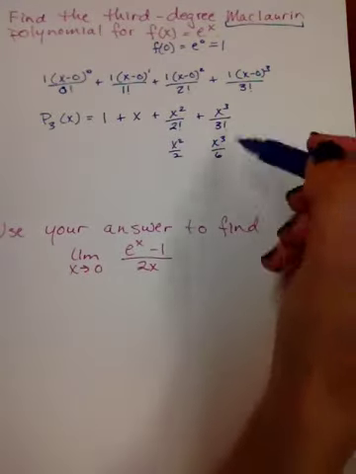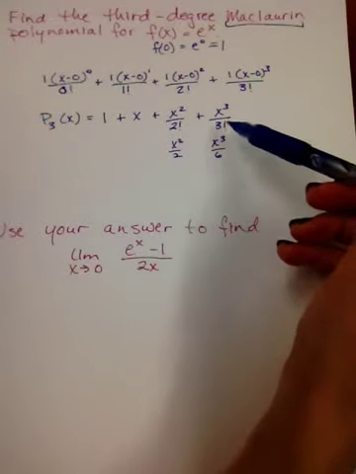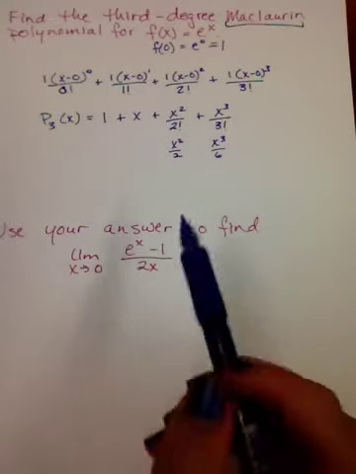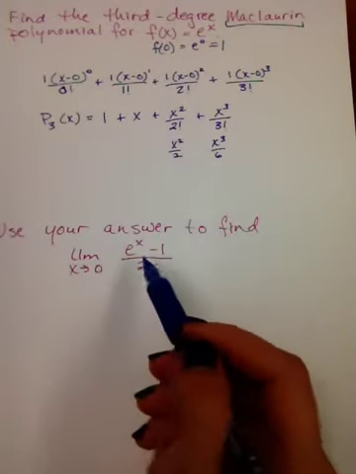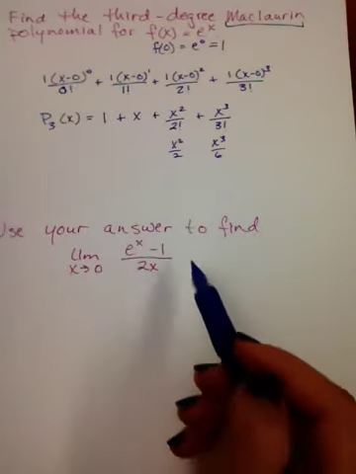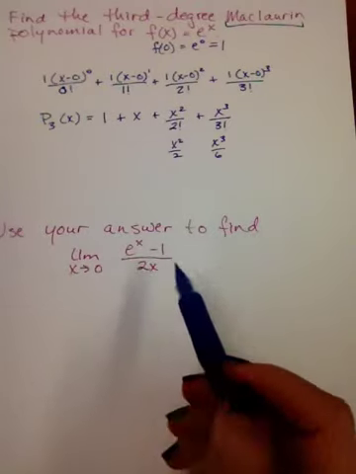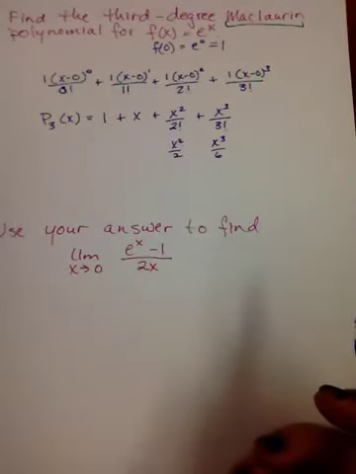So we have this polynomial, and the benefit of doing this and sometimes using these polynomials is, what if you needed to do a limit? If I try to evaluate this limit right now, I would try plugging in a 0, evaluate 0, e to the 0 is 1, 1 minus 1 is 0, divided by 2 times 0. So I have 0 over 0, and I know that if I use L'Hopital's, I can get an answer,